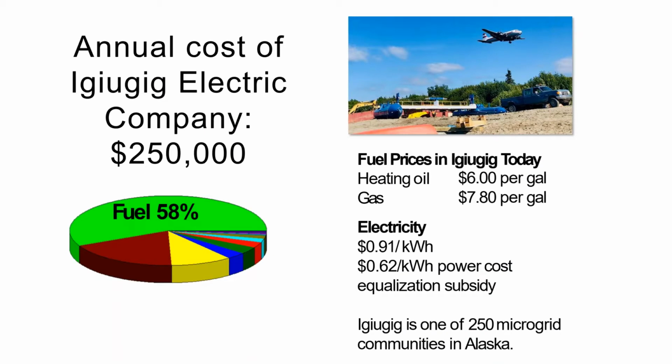So roughly, it's $250,000 to run our little electric company to serve our 70 people every year, and fuel is nearly 60% of that. So we're not saying that integrating alternative energy is going to, hopefully, ideally, reduce the size of that pie. But even if it doesn't reduce the size, then maybe it can be reallocated. We don't mind if, for instance, the fuel slice gets reduced to